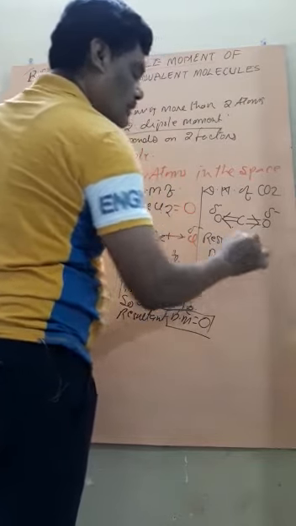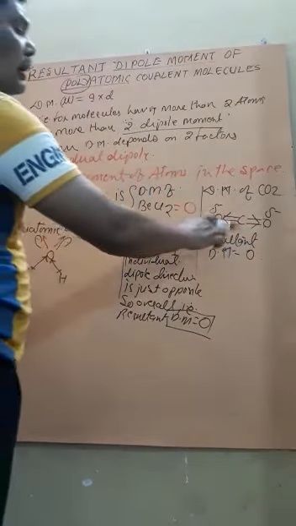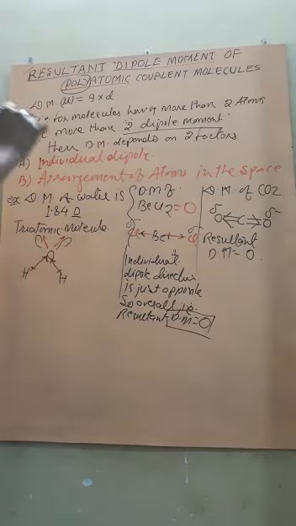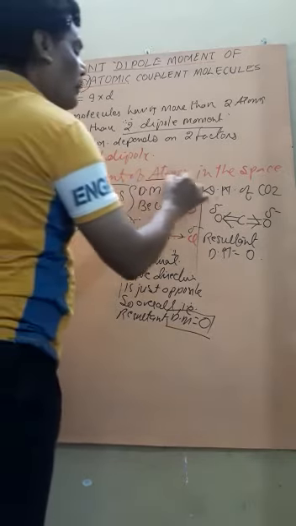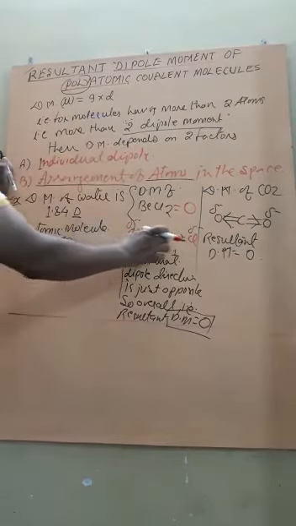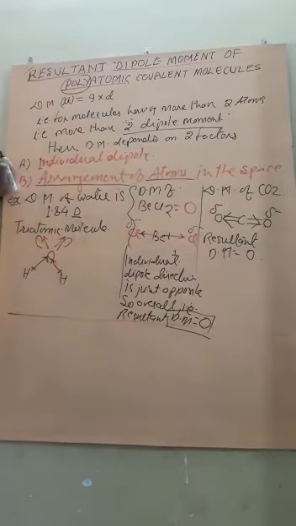The dipole moment is again 0. Although all these three are triatomic molecules, and the polarity is present, that is, individual bond polarity is present, the dipole moment is not calculated only by individual polarity, but by the arrangement of atoms in the space. So being the arrangements are different, their dipole moment is 0. Are you getting? That means simply we can see this is a symmetrical molecule.